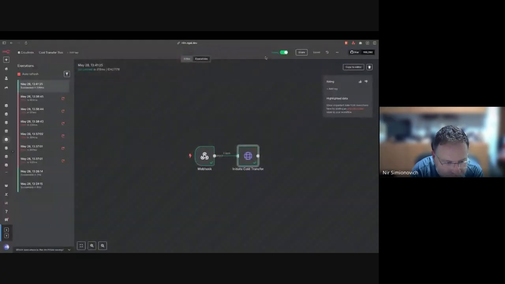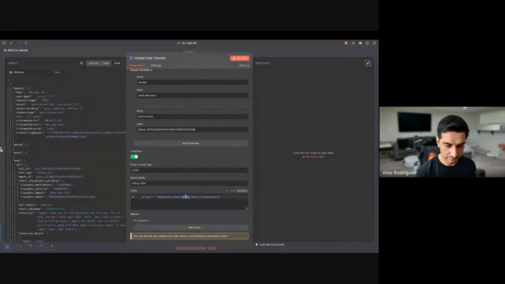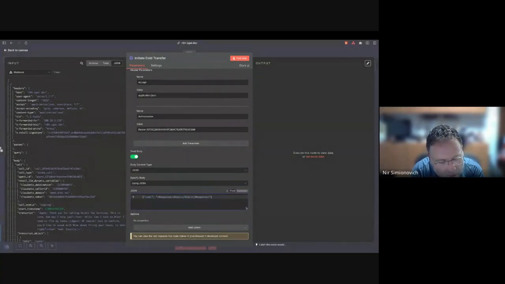Open a new XML element, which is called conference, and then close it. And in between, put the token, the Cloudonix token that you received.